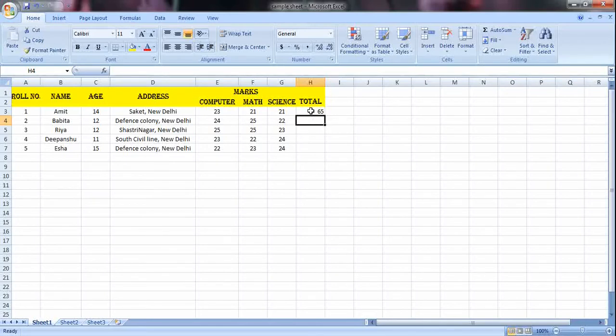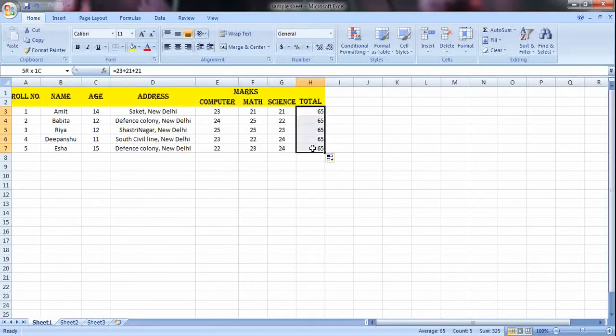For example, now see, if you just click here, I have simply added the numbers 23, 21, 21. Now when I use the autofill feature, I get 65 in all the cells. So what happens is when I click here, if you see, the formula is unchanged. Similarly, if you see here, the formula is unchanged.